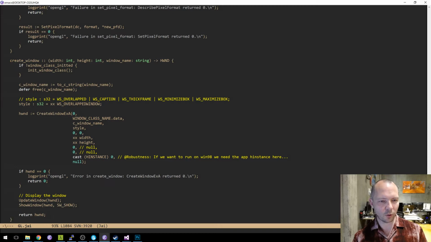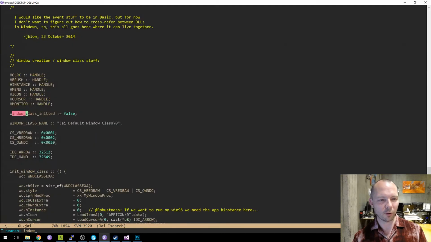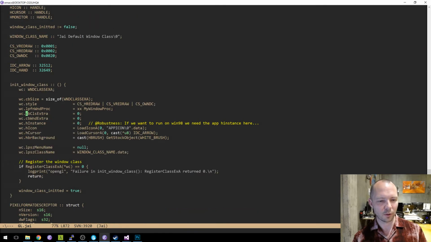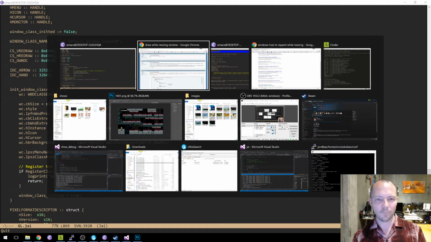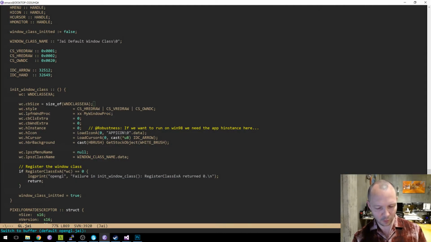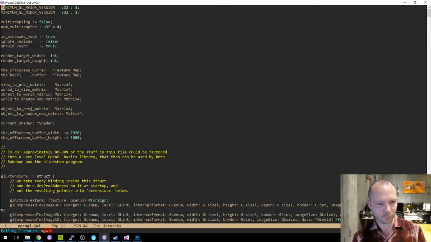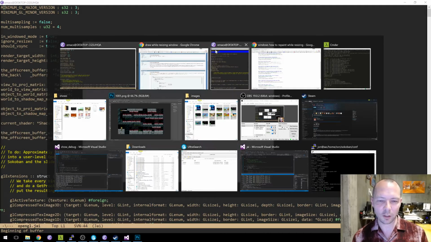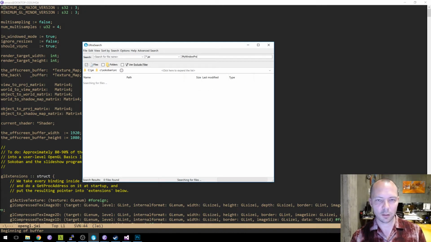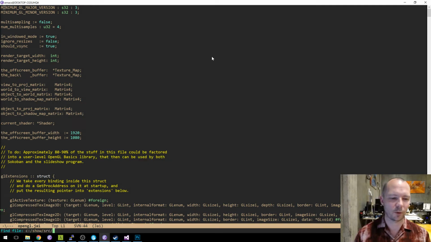So we call create window, the window class. Window classes are the dumbest thing too. Okay, so we have my window proc is what it's called. Oh, do I just define that right now? Where's my window proc? Oh, it's just in Windows input. All right.